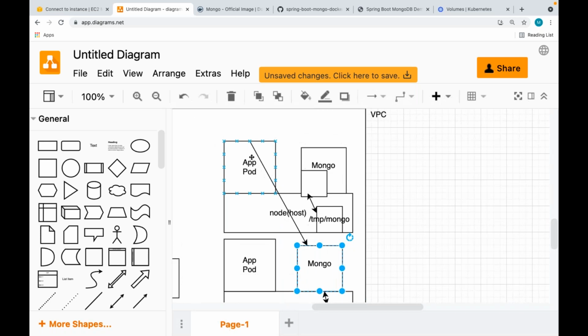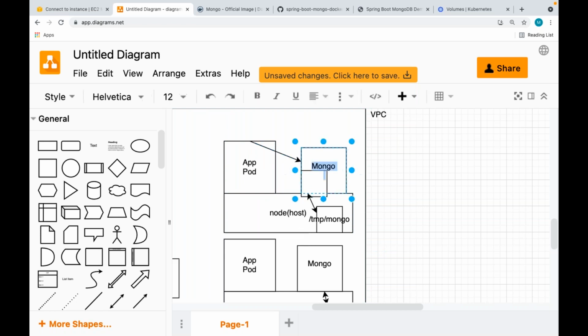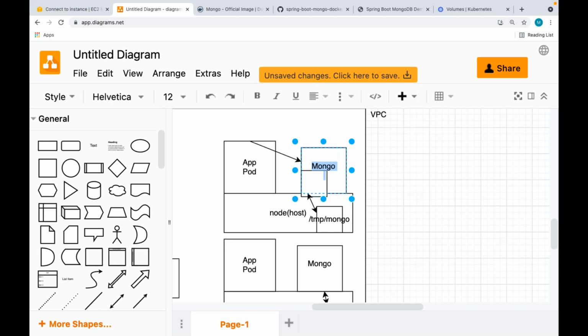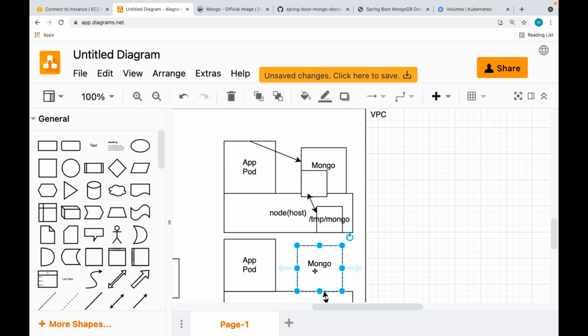So the application will talk to all the replicas. Write operations will happen via the primary database. Read operations will be carried out via the secondary databases.